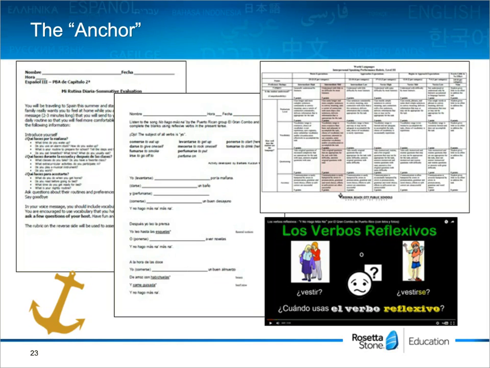Once they know that, I often will share this with them prior to going into stations. This is what you're going to need to be able to do. They know what the learning target is for the day, but they also know what is going to be expected of them at the end of the unit of study. I use our citywide rubric for interpersonal speaking. There's an example of this here, and this is what we use in Virginia Beach. The students are very accustomed to this rubric based on the actual proficiency guidelines. It's really important that you have some type of anchor at the end.